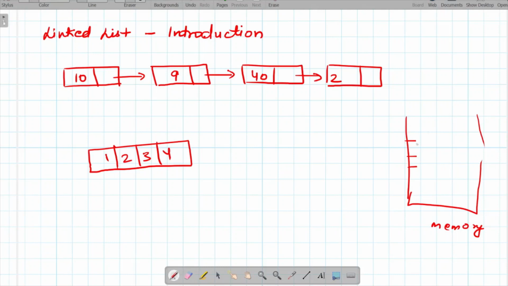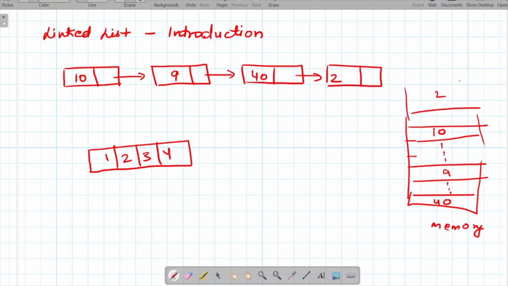in this manner also. For example, if you have to store 10, 9, 40 and 20, then 10 can be stored, and then after some memory allocations 9 can be stored, and then after some memory allocations we can have 40, and 20 can be at any random place. So how are we going to link this? By using the links of the nodes. In this way, for storing the linked list, we do not have to store the elements in a contiguous fashion. So this is one of the major advantages.